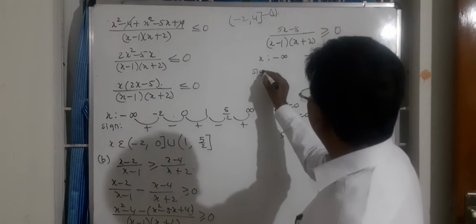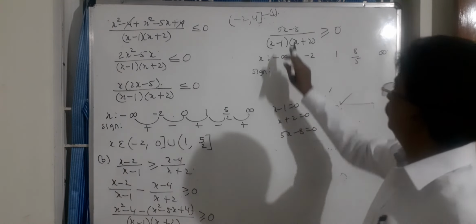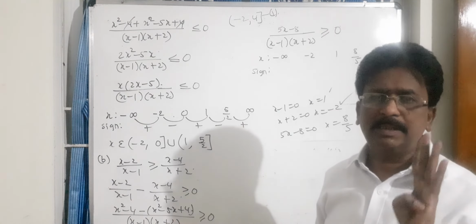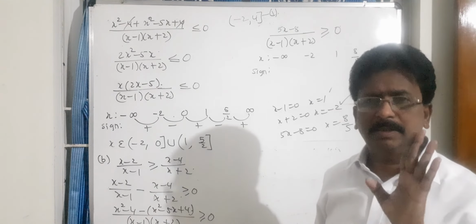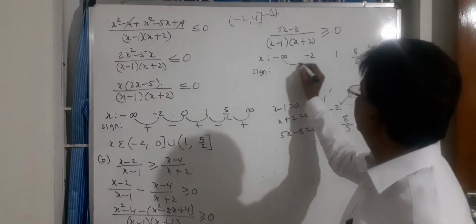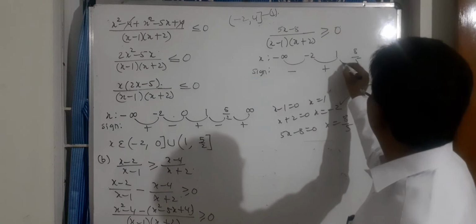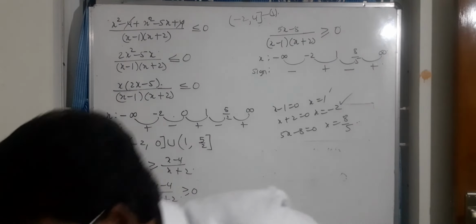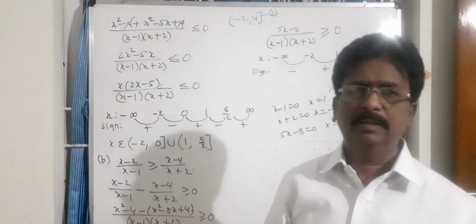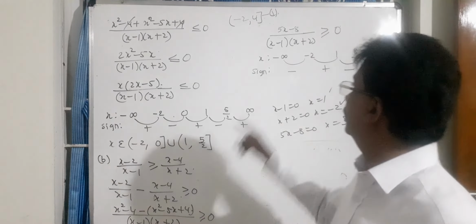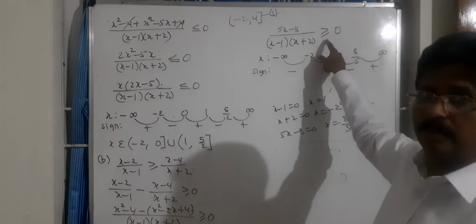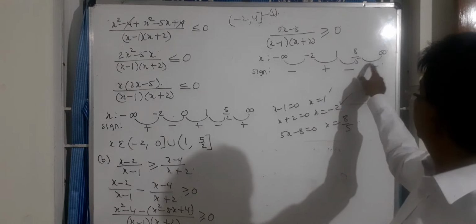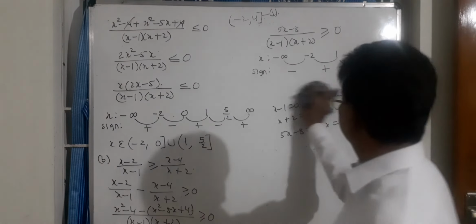Let us write the signs. Now because the factors are 3, an odd number of factors, therefore in the first interval the expression is negative. So here this is negative, next positive, next negative, next positive. Now here what type of interval we have to collect? The positive interval we have to collect. This is the positive interval, next it is the positive interval.